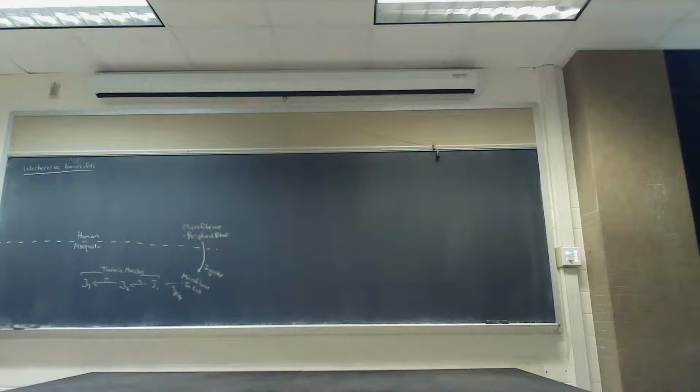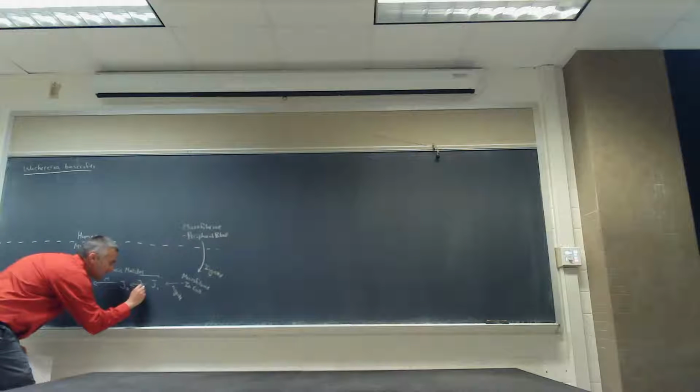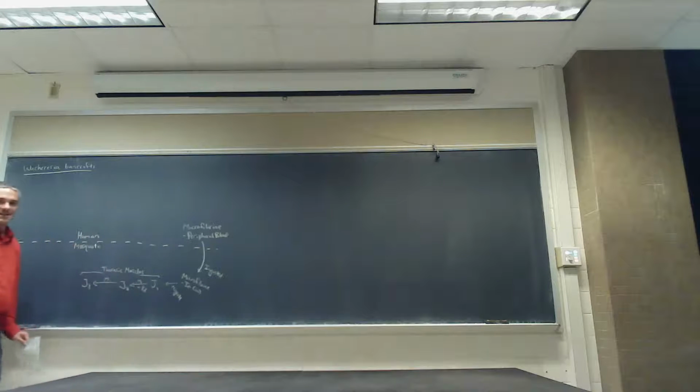All right, so let's talk about this. They were in the gut. They went to the muscles. The thoracic muscles are partially controlling your flight. They get in here, and it takes about 8 days of development to get to the